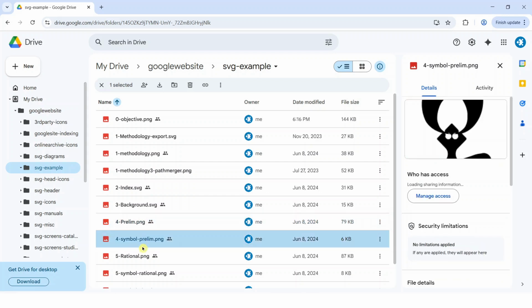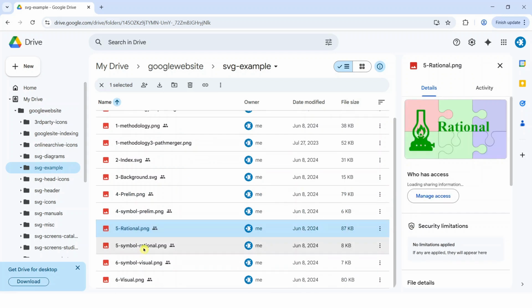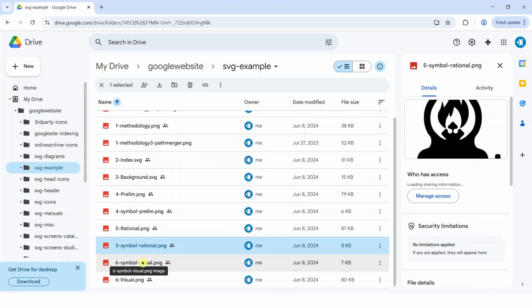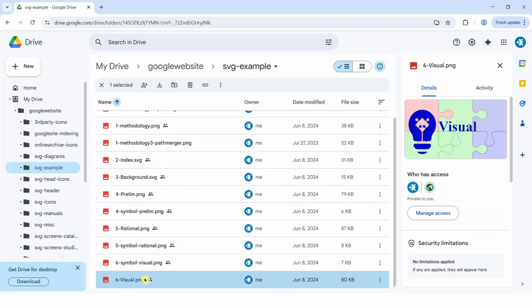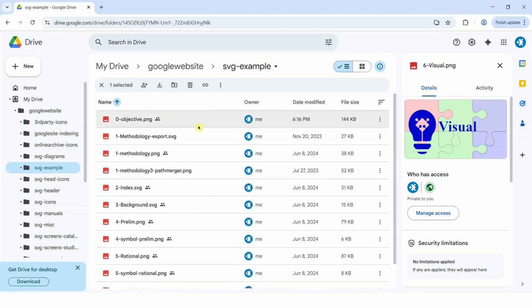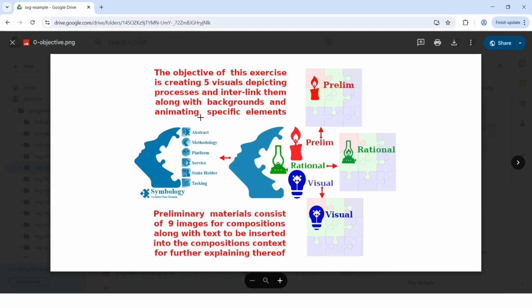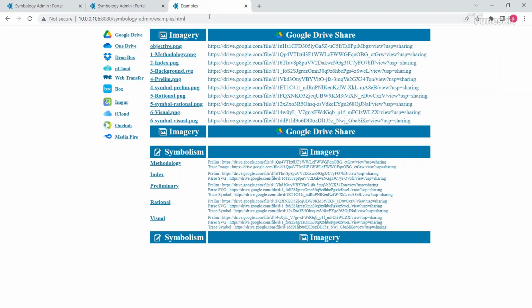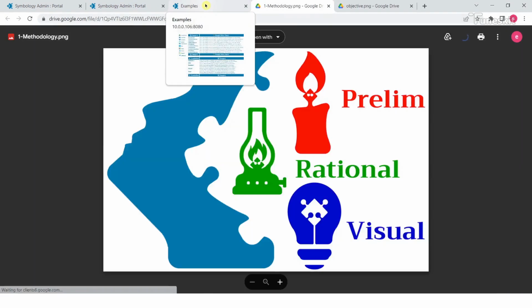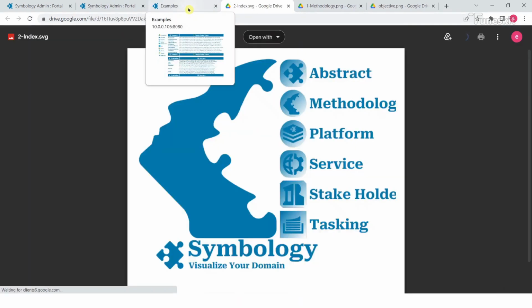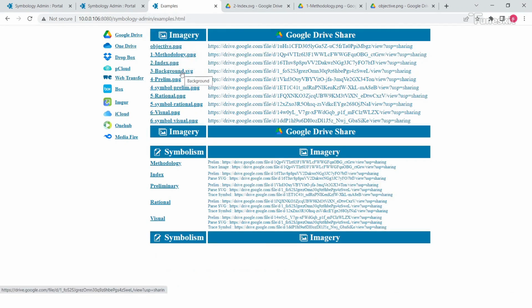The archived subject matter materials can then be referenced and retrieved from within the design strategy screen within the studio publisher, for the designer to refer to in their design session during the visual process. Here are the numerous images that are already uploaded to the Google Drive archive, which will be used as reference material within the example batch project, to demonstrate how the subject matter material is referenced from within the rational and